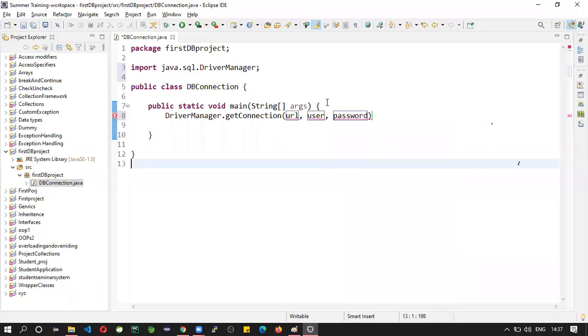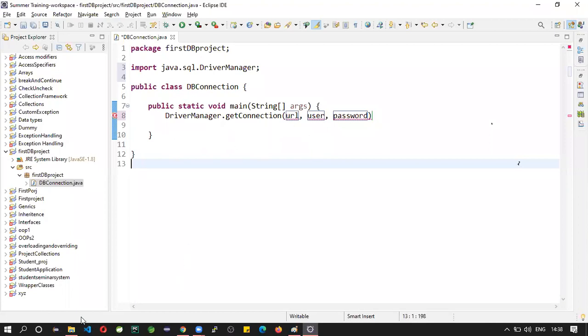In order to communicate with the database, see, database is entirely different from Java. Okay, it is a separate concept and Java is a separate concept. So in order to interact with the database, first you need to know where it resides. Okay, you need to find where the application resides.